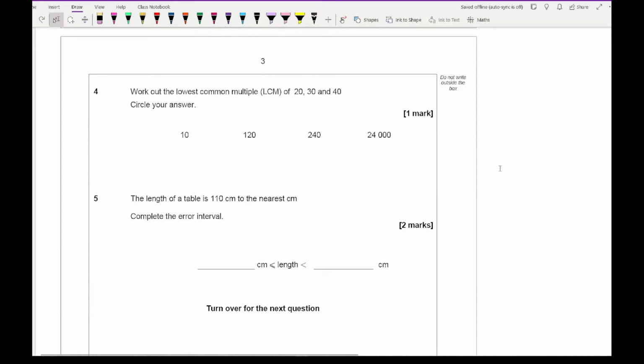With question 4, it says work out the lowest common multiple of 20, 30 and 40. So you're looking for what's the smallest number that appears in the 20, 30 and 40 times tables, and that's going to be